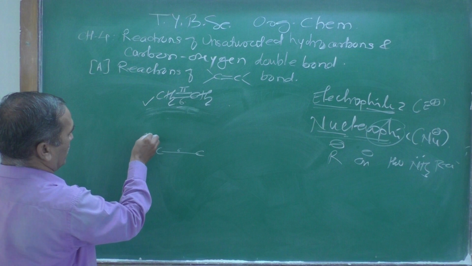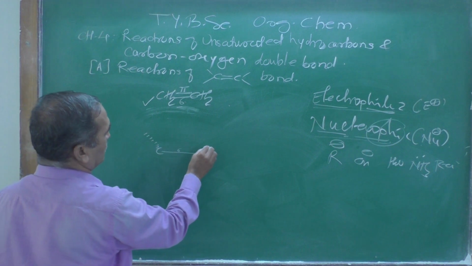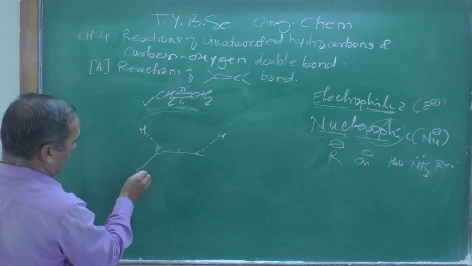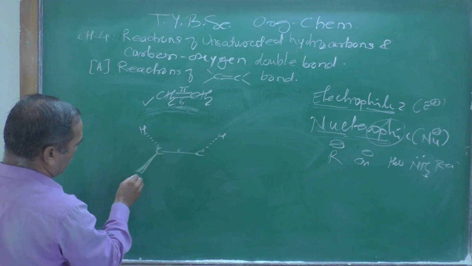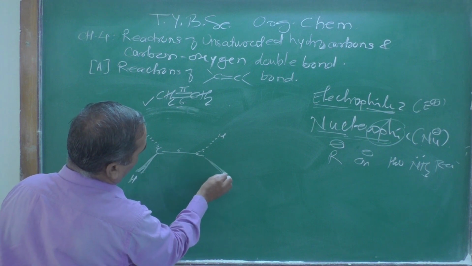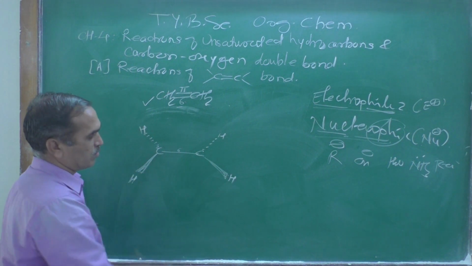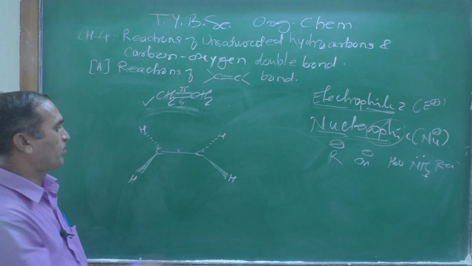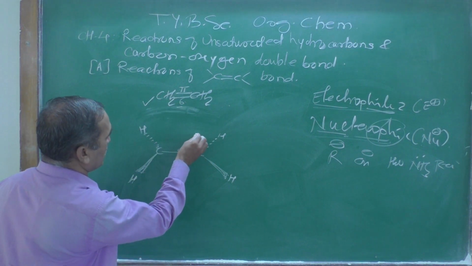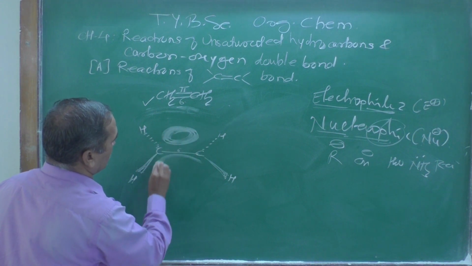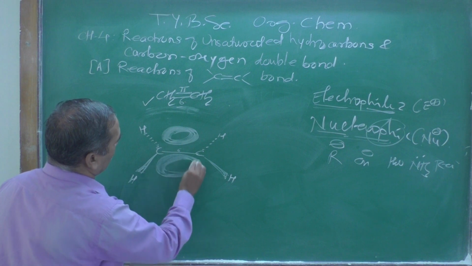Now the 2 hydrogen atoms, you can show these 2 hydrogens are below the plane, and this thick line you can show over there, and that hydrogen goes above the plane. Means these 2 hydrogen atoms are above the plane and 2 hydrogen atoms are below the plane, and another sigma bond. This is a pi bond energy, right? Look at this one is a pi bond.